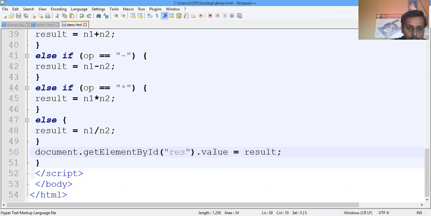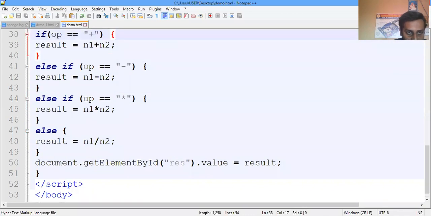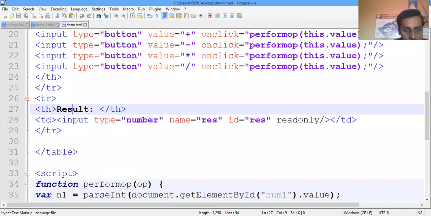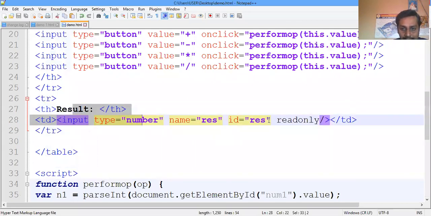Suppose 10 plus 15, 25 is stored in the result variable. That result I am going to assign in the last column, that is, the name given as result. In the table we have written result, that value is going to be assigned as 25.